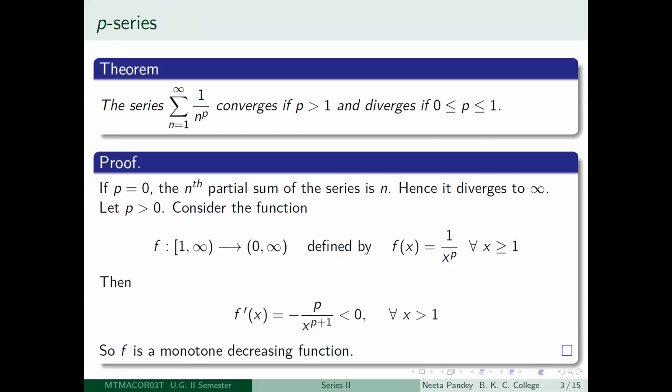But when we look at p greater than 0, then we do wish to use the integral test. So what we have to do is, looking at the series, we have to determine what our function should be. So the terms of the series start from n equal to 1. So we should make a choice of the function whose domain is the closed interval 1 to infinity, right?